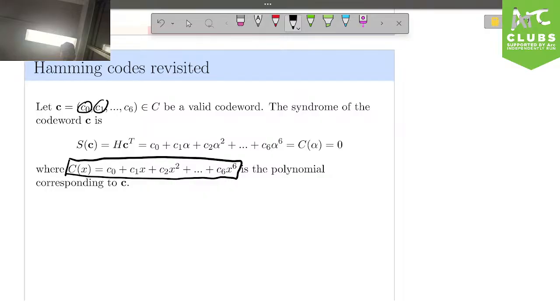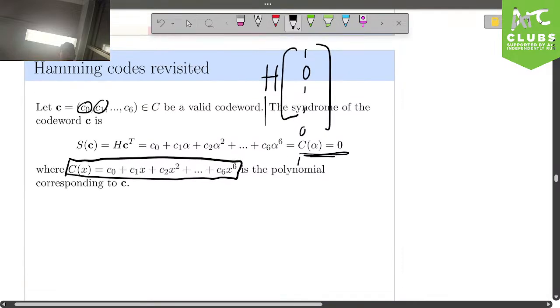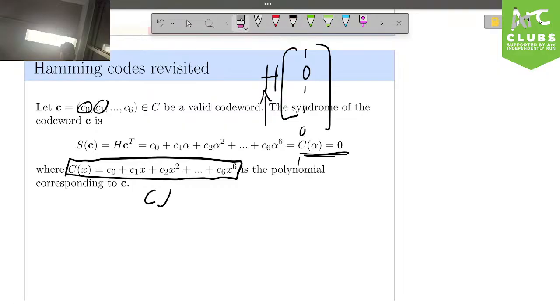If this is a valid code word, then we can calculate the syndrome of our code word, right? So we have our parity check matrix, H, and we can multiply it by our code word, let's say like 1, 0, 1, 1, 0, 1, and so forth. These would multiply across, and if it's a valid code word, then we define the syndrome to be equal to 0. Yeah? Okay. And of course, we can represent this parity check matrix in terms of the alphas, and so therefore C of alpha is also equal to 0.